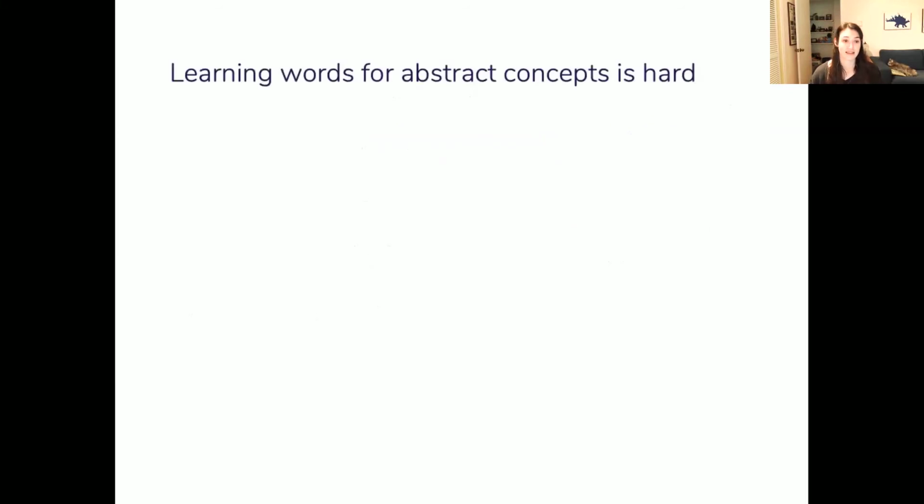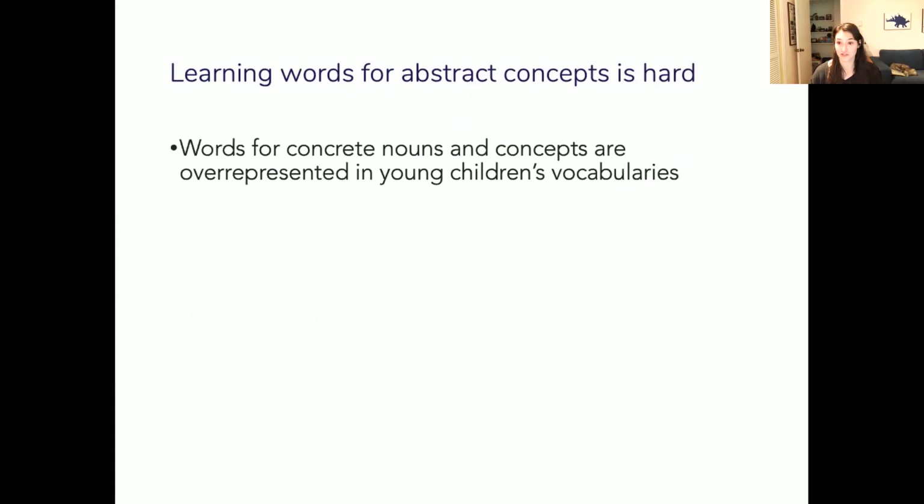So as I've been saying, spatial metaphors are very common. And one reason why we hypothesize this might be is because learning words for abstract concepts is hard. If we look at young children's early vocabularies, we see that words for concrete nouns and concrete concepts tend to be overrepresented in young children's vocabularies. So they're learning a lot of words for nouns and concrete concepts, and they're not learning as many abstract concept